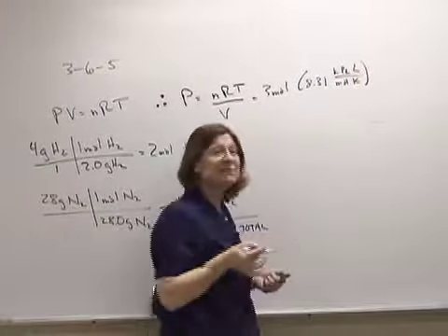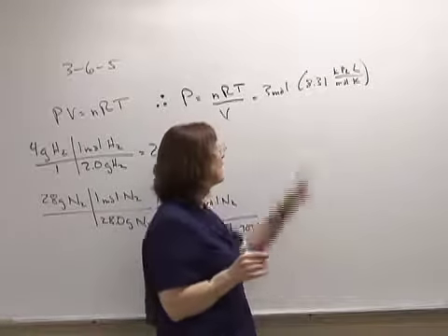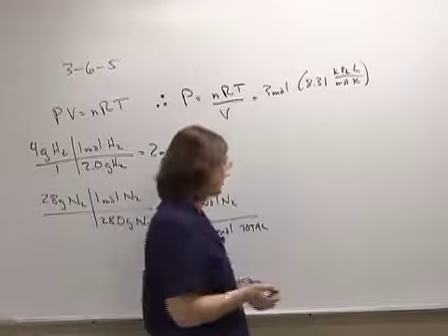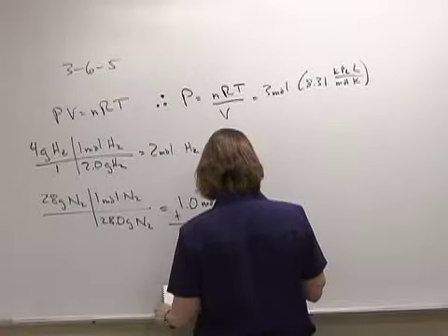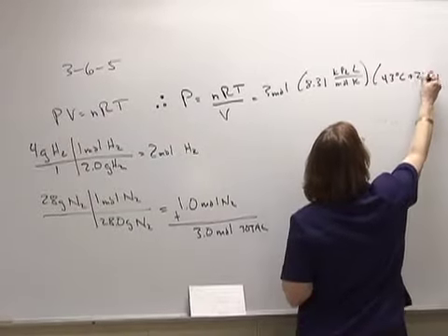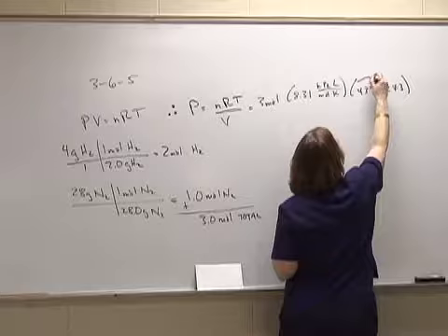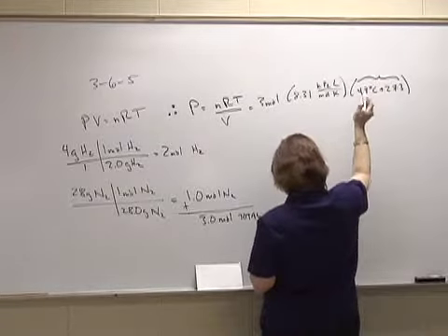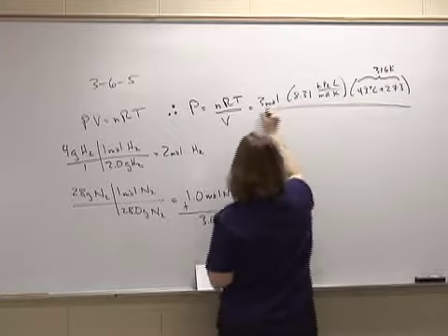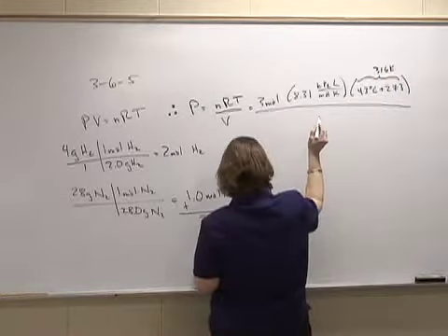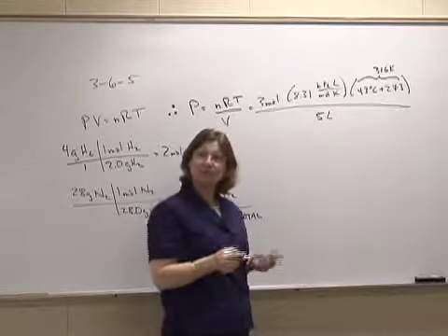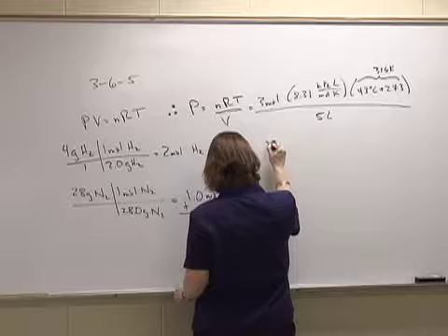And on the very first day, we learned how to determine that R, the ideal gas constant, without memorizing it, using the standard molar volume. And the temperature here is 43 degrees plus 273, and that gives me 316 Kelvin. And then I divide it by my volume that's given in the problem, and it is 5 liters. And then when I do the math, I get